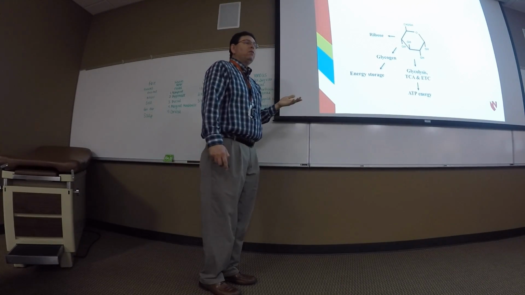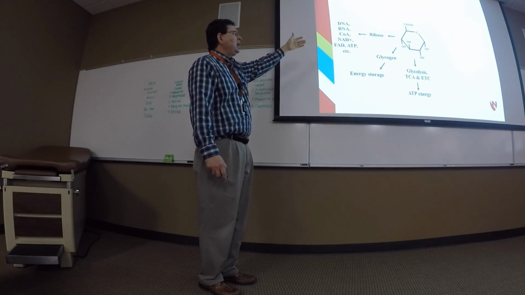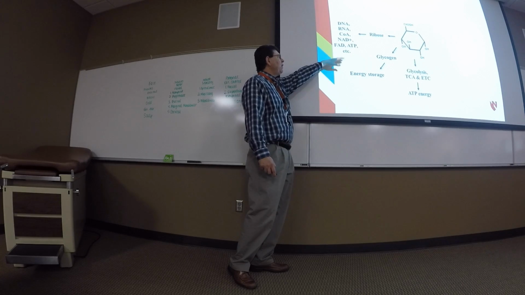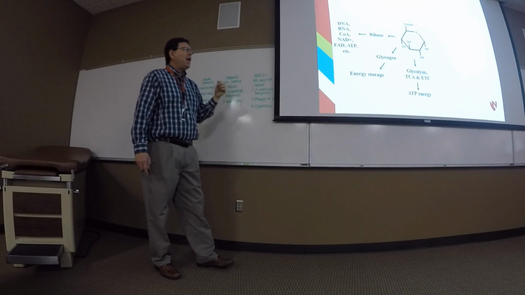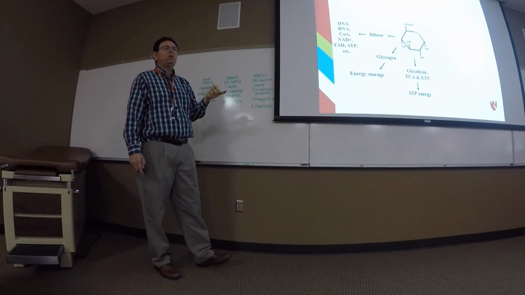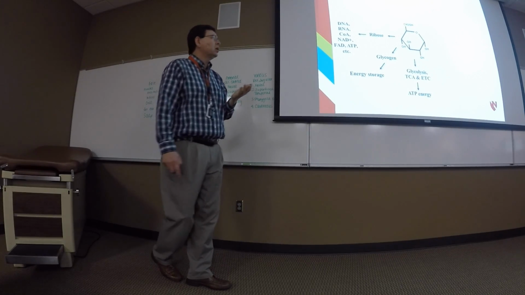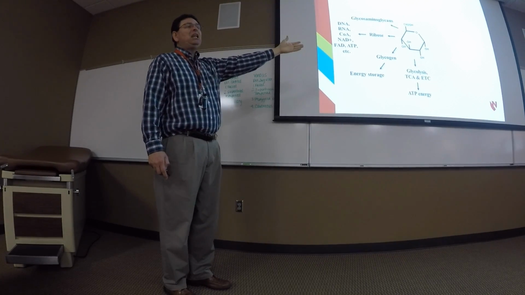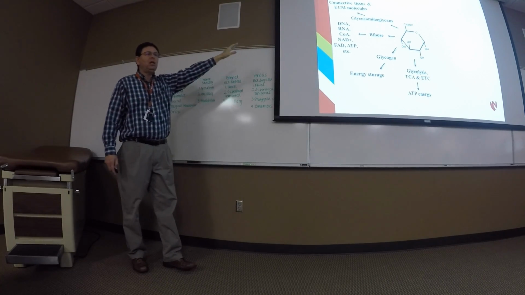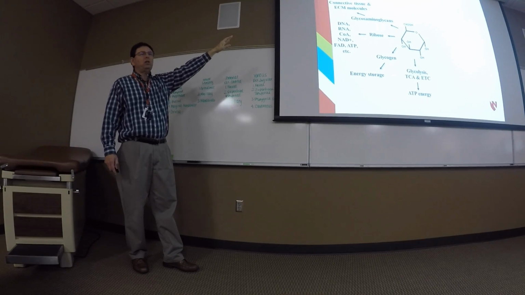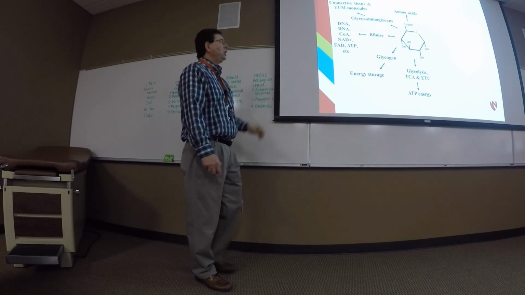We can also convert glucose to ribose, and we need ribose for RNA, DNA, CoA molecules, NAD, FAD, ATP, GTP. All sorts of molecules in the body need ribose, and we can make it from glucose. So glucose carries the load. It does a lot of work for us. We need glucose to make glycosaminoglycans that are absolutely essential for many connective tissues and extracellular matrix molecules. So glucose, it's a good guy.